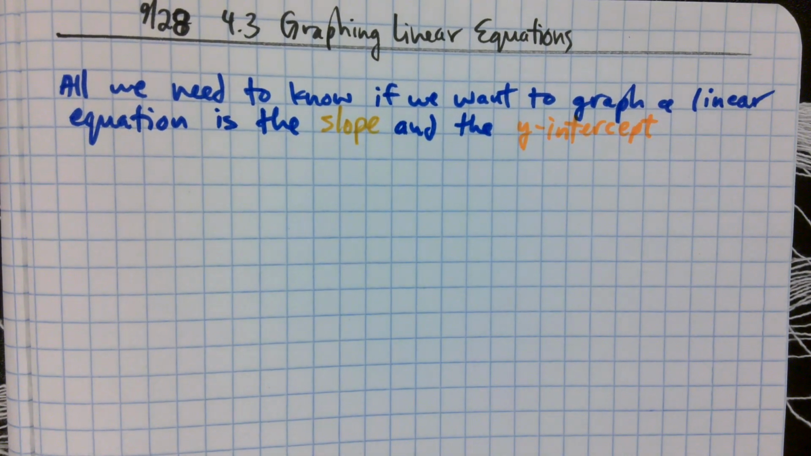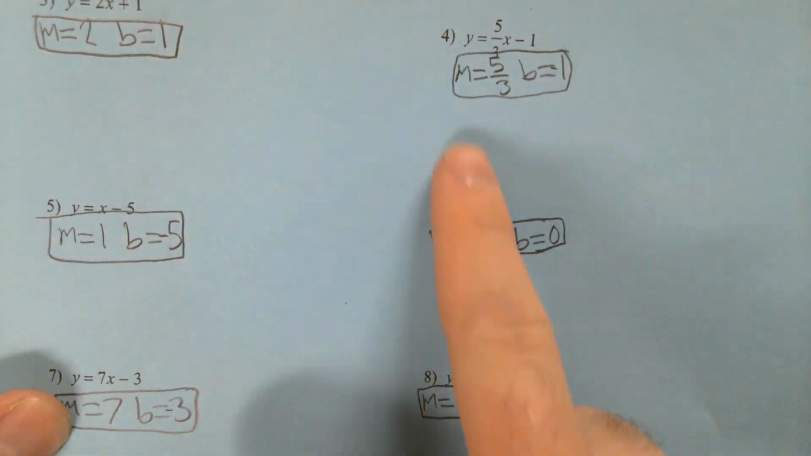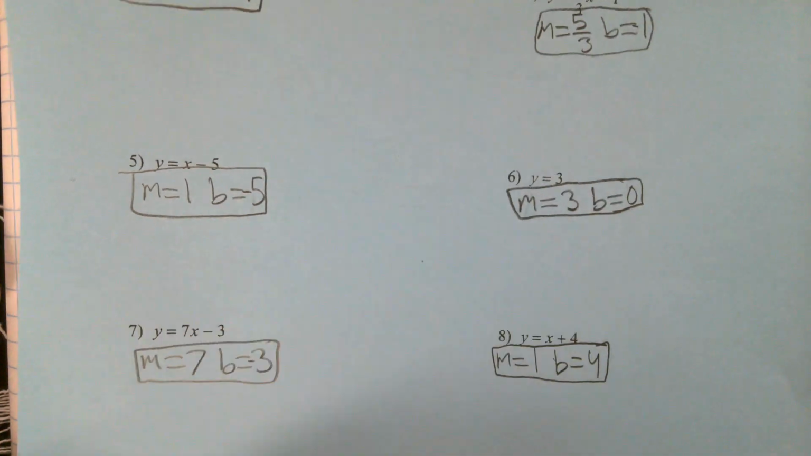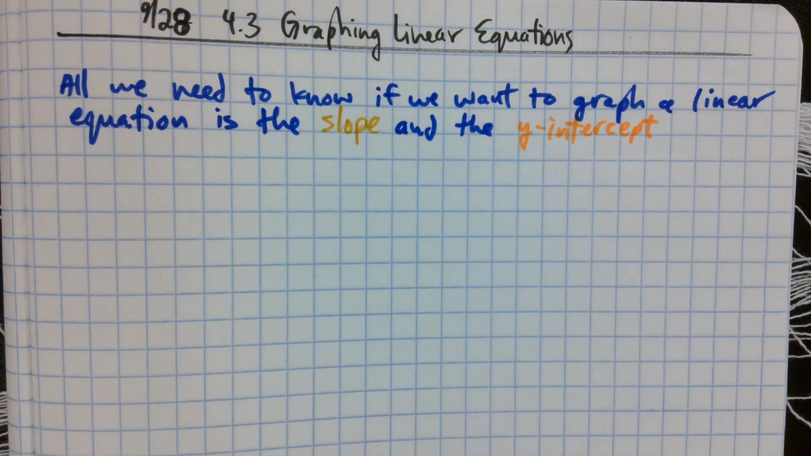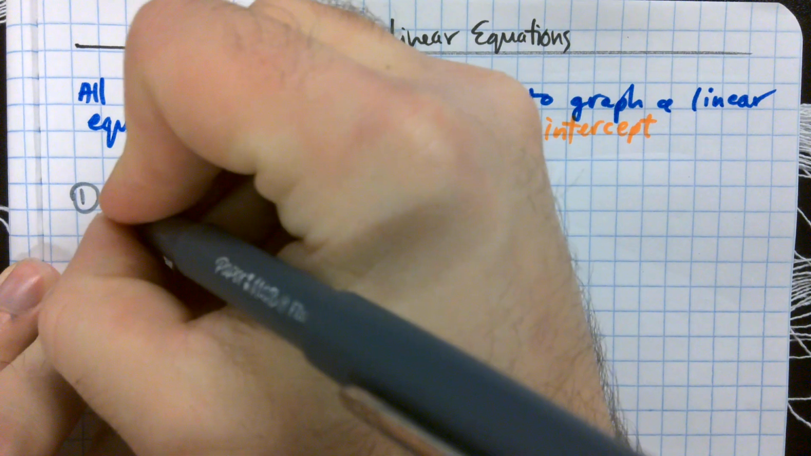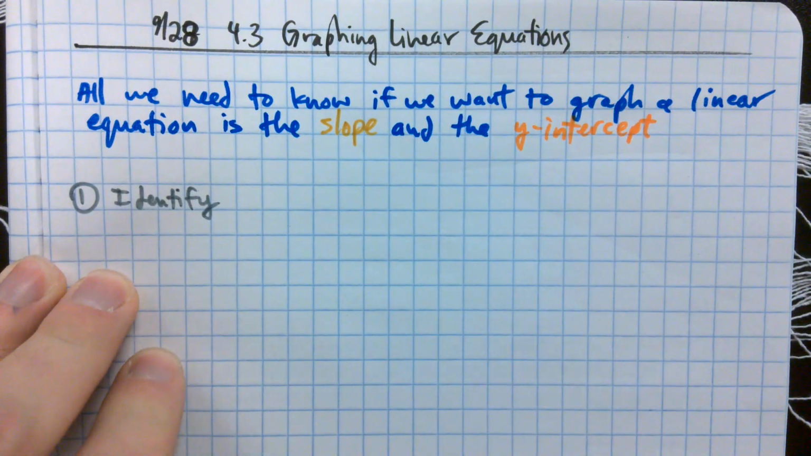On Monday, if you remember worksheet 16, we spent 20 problems identifying the slope and the y-intercept, and so on and so on. So now we're going to figure out how we can graph these lines with just those 2 pieces of information. Here's how we're going to do that. First, obviously, we need to know what that information is. So we're going to identify